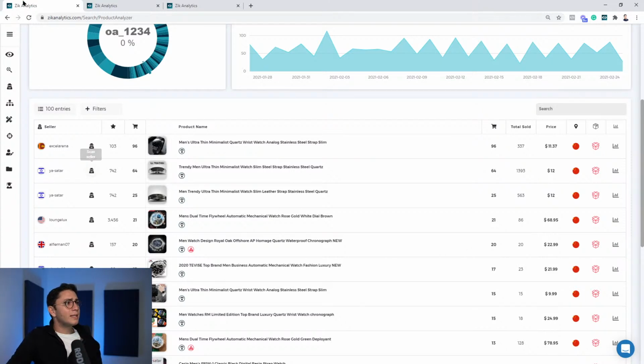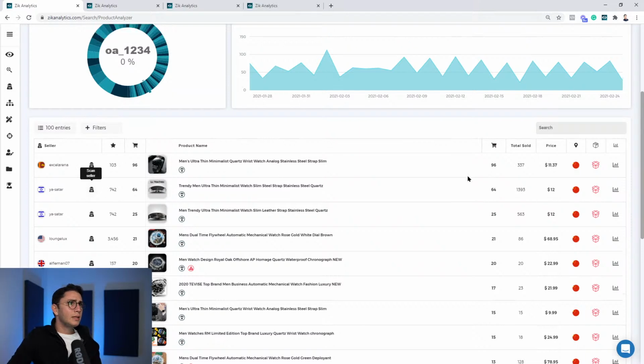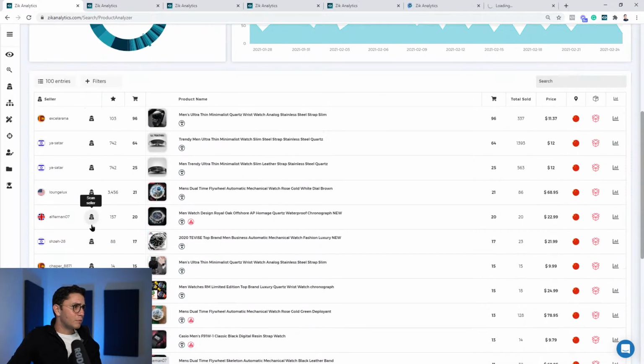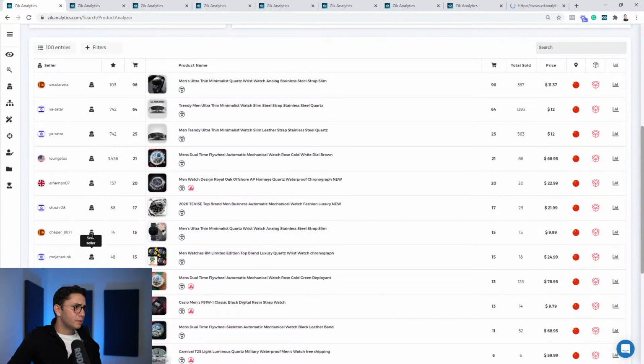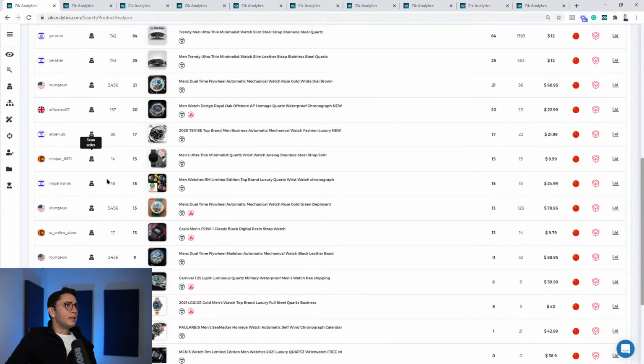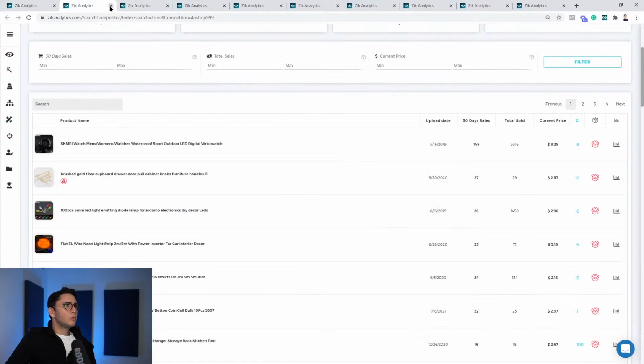So what I'm going to do right now is start and open sellers. These are selling, let's look, the average selling price is $13. This is a seller from Sri Lanka, Israel. I will just open some of them. Let's try some of them here. I'll open the top 10 because there are not too many here. So I just open here the top sellers. Let's go through them. Let's close this one.